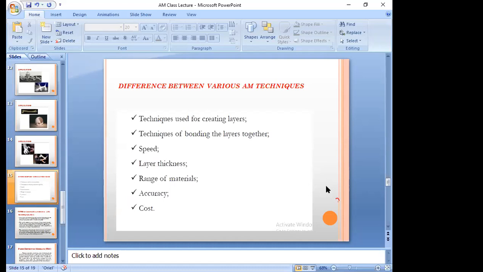Sometimes we may require high accuracy levels, like missiles. If you are going to fabricate or produce missiles, or for example, what I'm mostly interested in, biomedical applications. These biomedical applications require high accuracy levels, because if you are going to produce a knee joint,